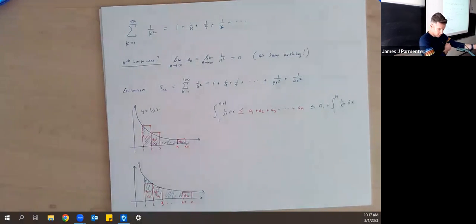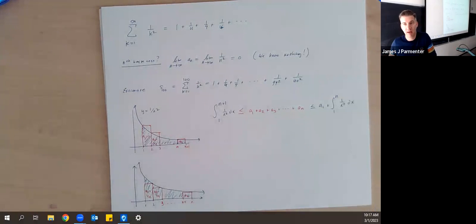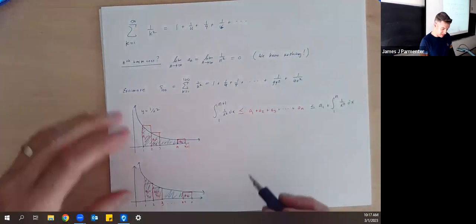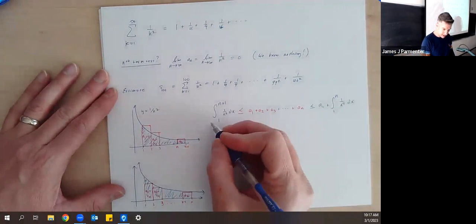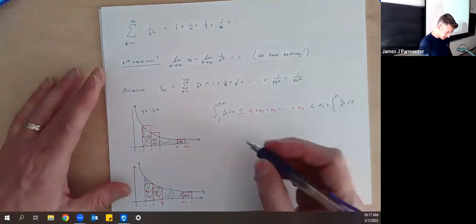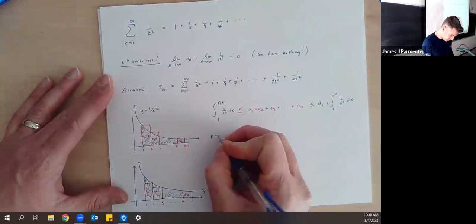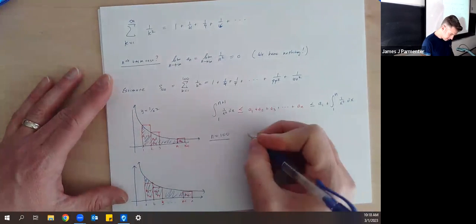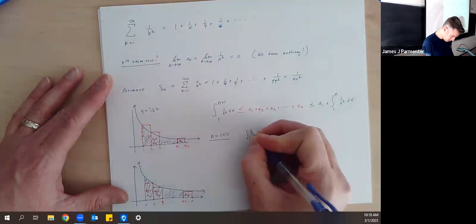Okay, cool. So the whole reason I'm talking about this, and this is a little extra, is that I really just want you to see why we believe the p-test actually works. Because now I can see that if specifically I want to do S100, I can let n equal 100, then the integral from 1 to 101 of 1 over x squared,